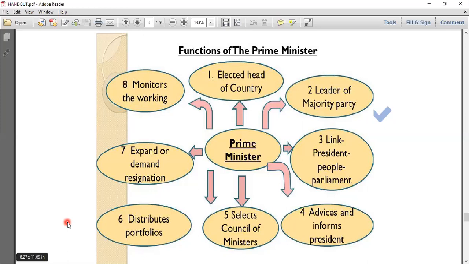Let me give you a hint. It's a woman who was earlier in another department. She has now been shifted to this department. She is handling this ministry now. Earlier she used to be in the defense ministry, and now she is in this current ministry that I'm referring to. So you go out, find out about it, and then you'll realize how this council of ministers actually helped the prime minister, right? So hope you've understood the function of the prime minister, because he plays a very major role in our democracy.